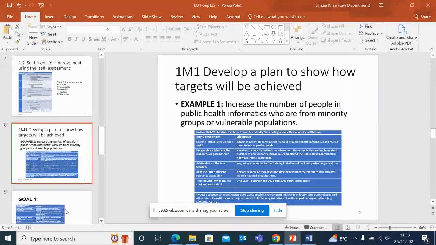And then we've got 1M1 is to develop a plan to show how targets